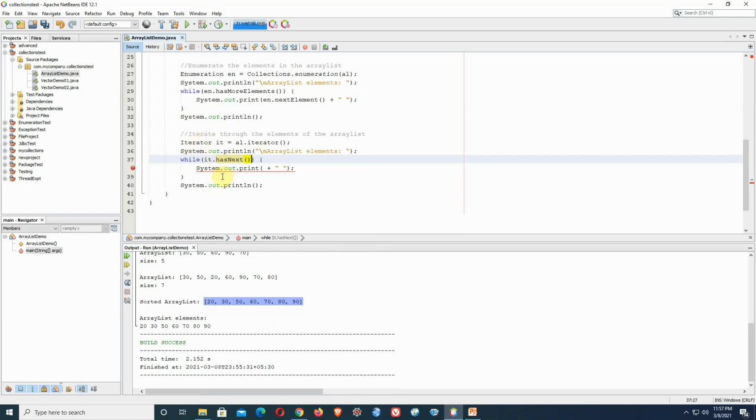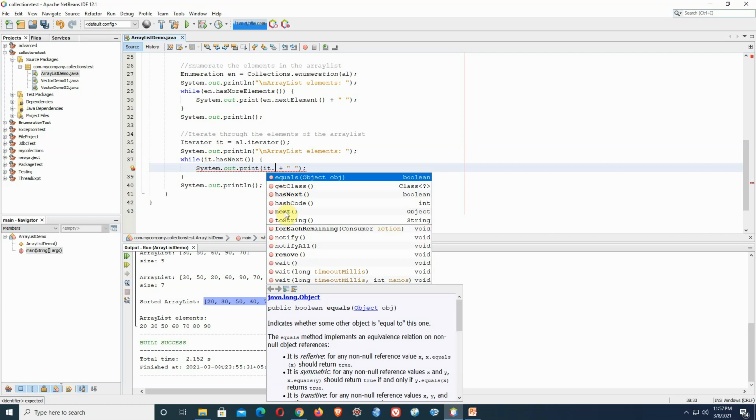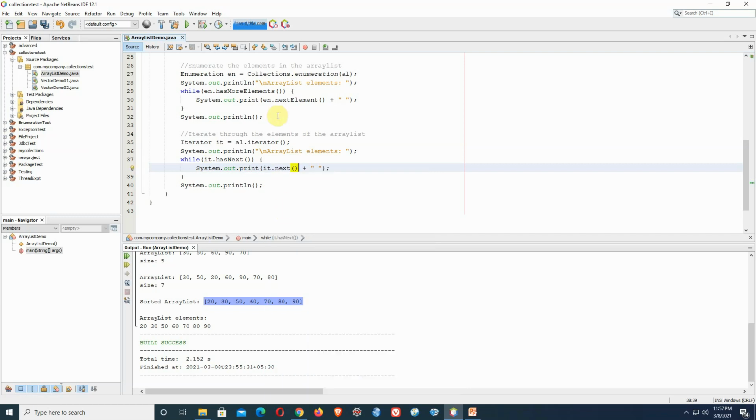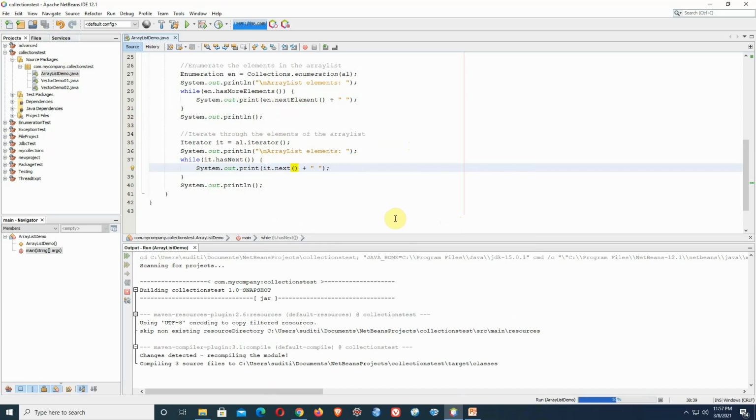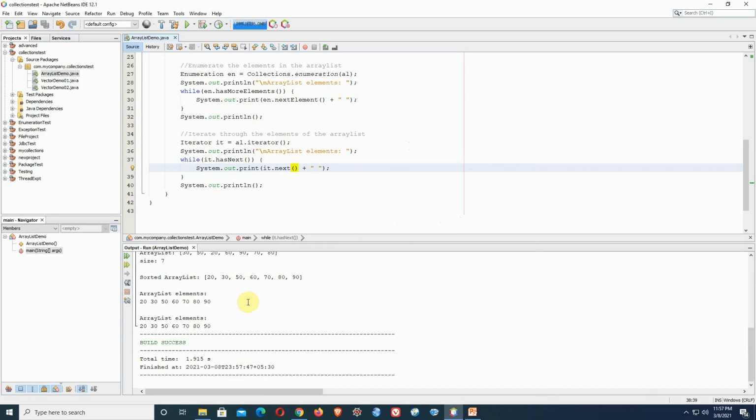If it is non-empty, it can access different elements in it. Now I am going to use the next method, like the nextElement method in the Enumeration. In that way, I can use this technique with Iterator to iterate through the elements of the array list. I have been able to do that successfully, as you can see here.